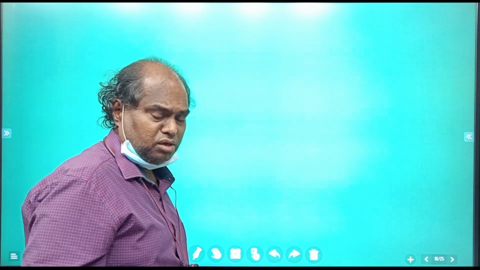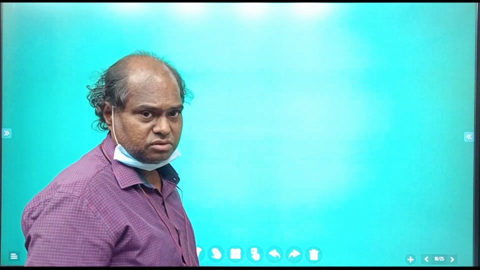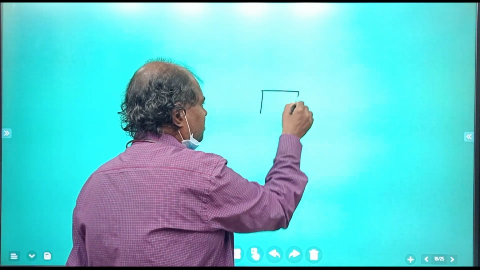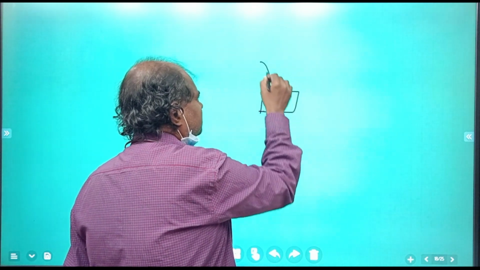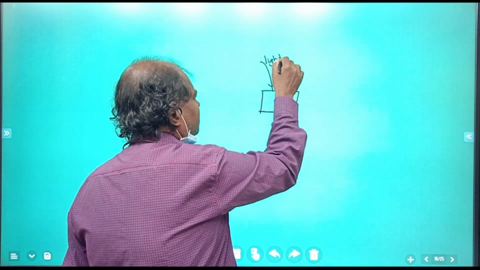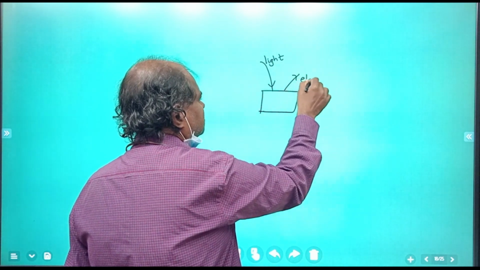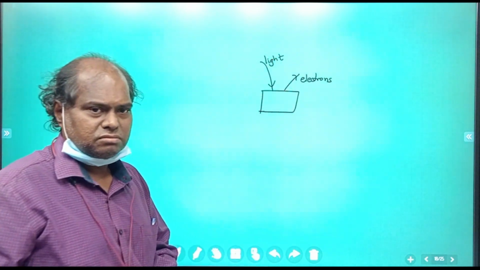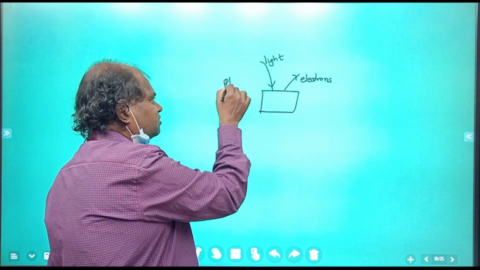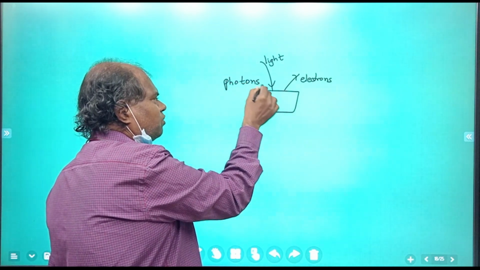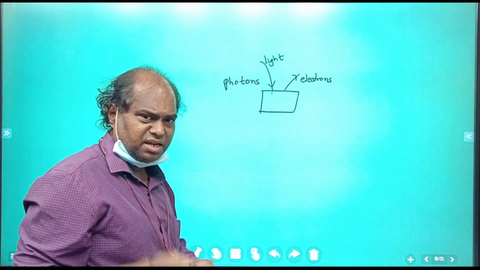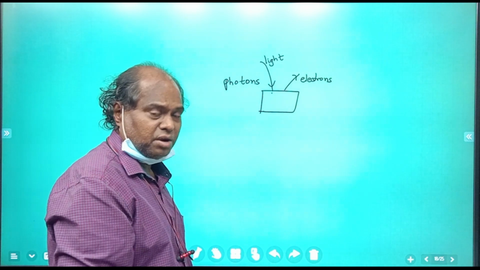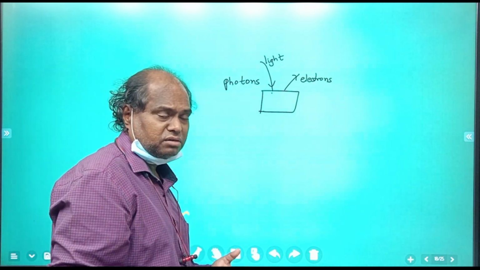You must also do questions on photoelectric effects. That's also very important. What is photoelectric effect? We have done this. Remember, that light falls on the surface, and electrons come out. So electrons are ejected, right? Light consists of photons. So these photons will give the energy to the electrons. Electrons are there inside. Photon will give energy to the electron, and the electron will come out. But it depends on how much energy you are giving to the electron.